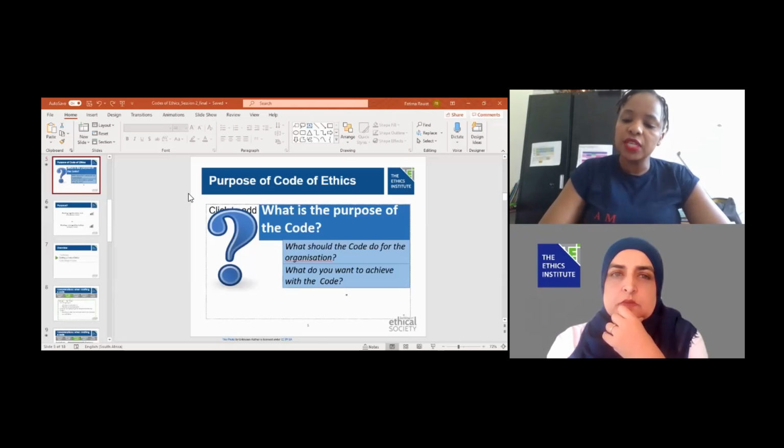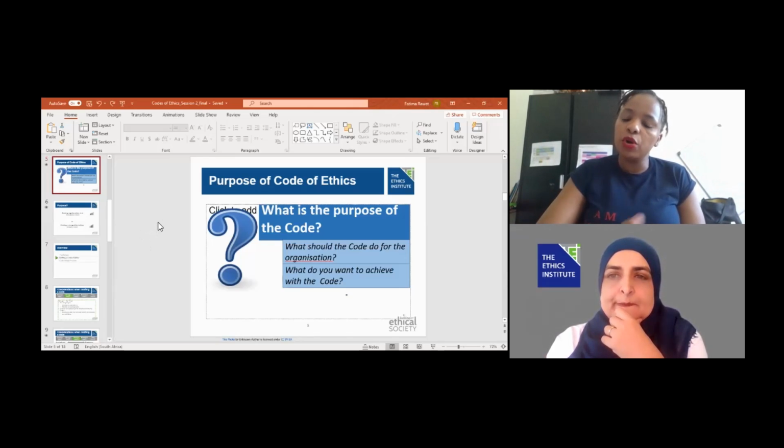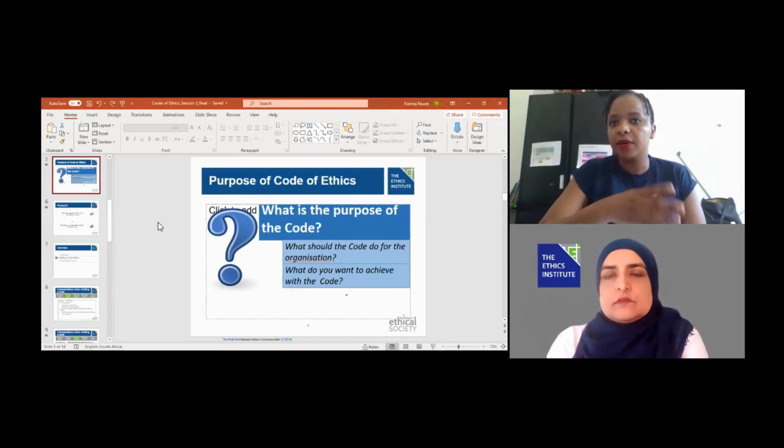So all of those things will define exactly how your code is going to look. If it's just to regulate on conducts that you've identified that you want to curb and cut and sanction, then you will be more on an instructive type of code, your purpose will be more instructive, and you will define that you have rules and sanctions.